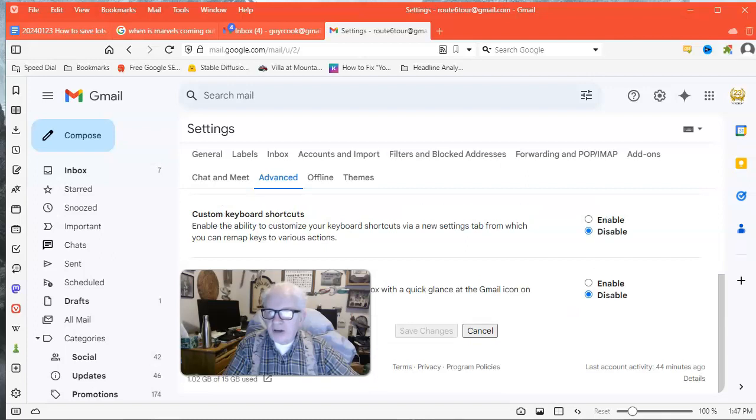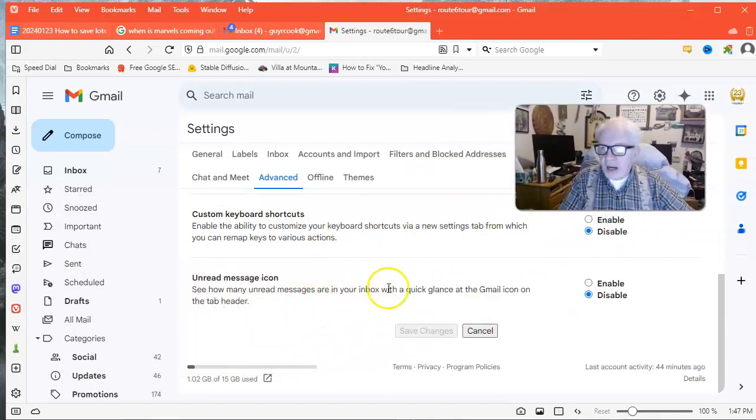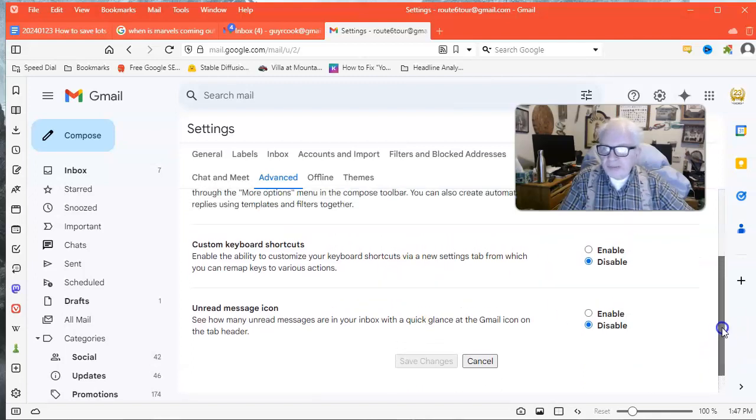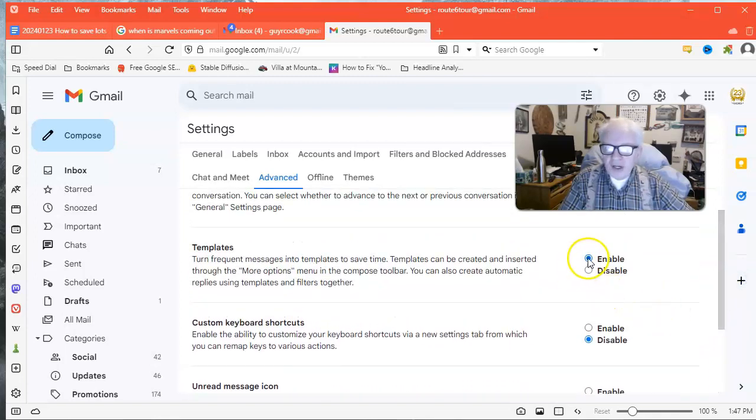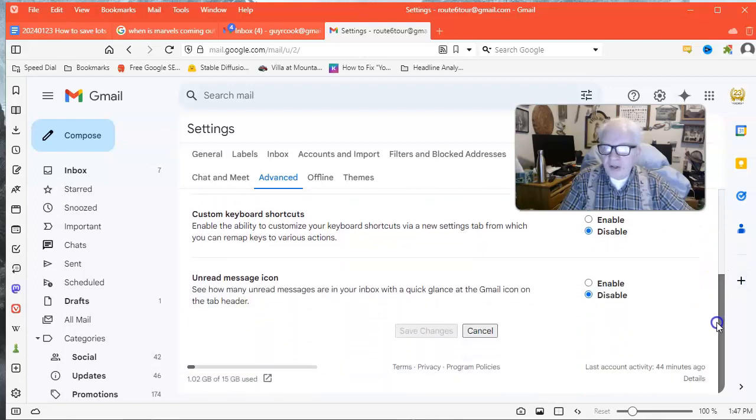Let me get myself out of the way. You'll see an option in Advanced for templates. There it is. Click Enable, and then go down to the bottom and click Save Changes. As you can see, I already did enable it, so I don't have the option to save. And